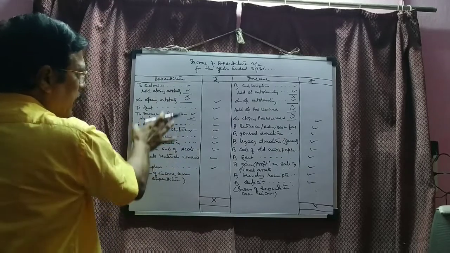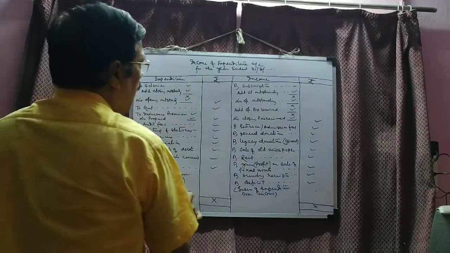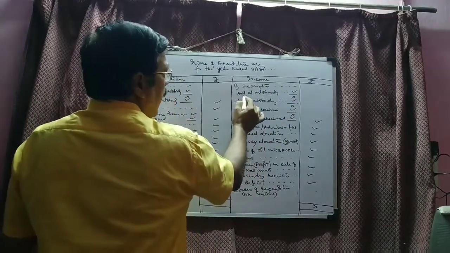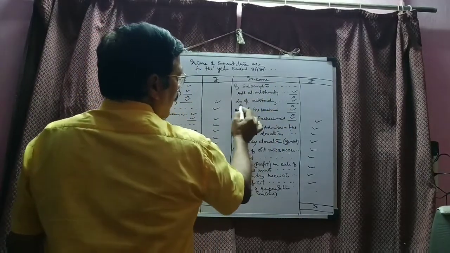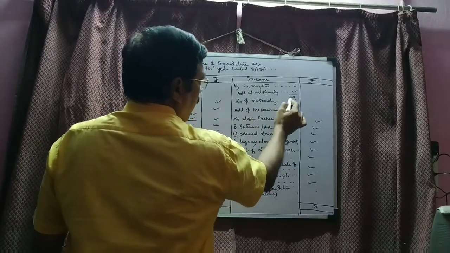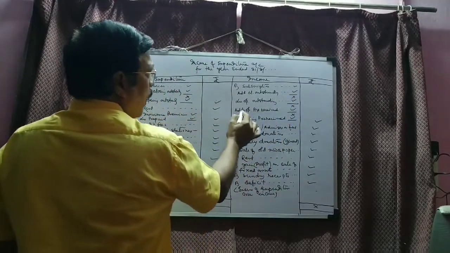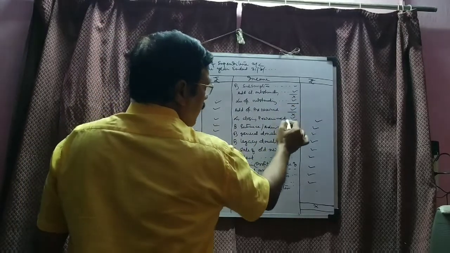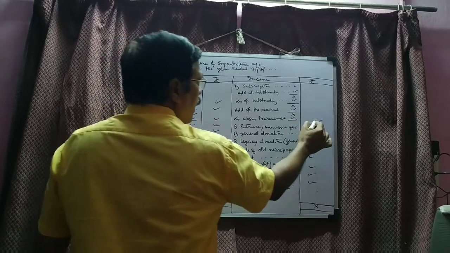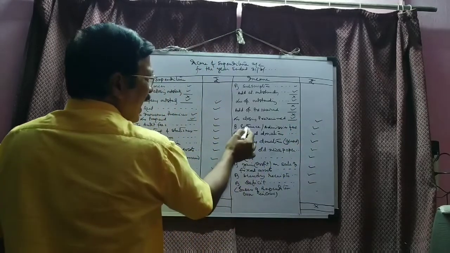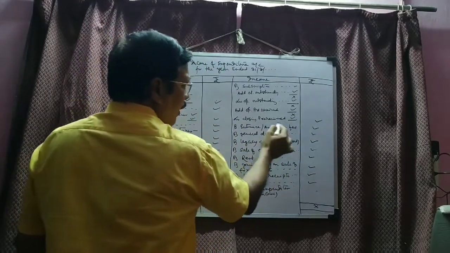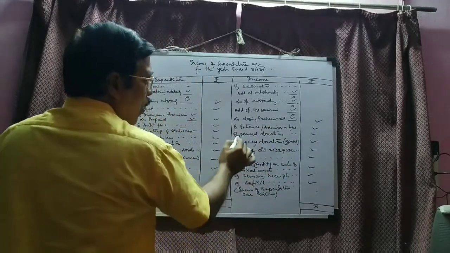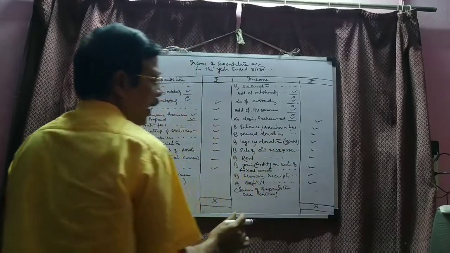Few items are now shown in the expenditure side, and now income side. By subscriptions, add closing outstanding, less opening outstanding. You adjust this, then add opening pre-receipt, less closing pre-receipt. After adjusting, you record in the outer column. Then entrance or admission fees is the revenue nature, revenue receipt. General donations. Only general donations will be recorded.